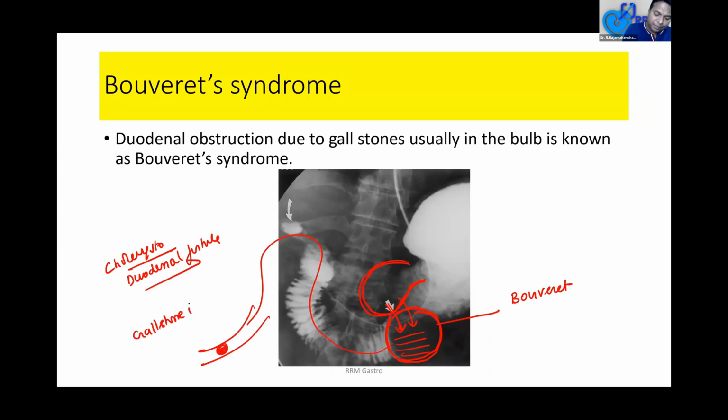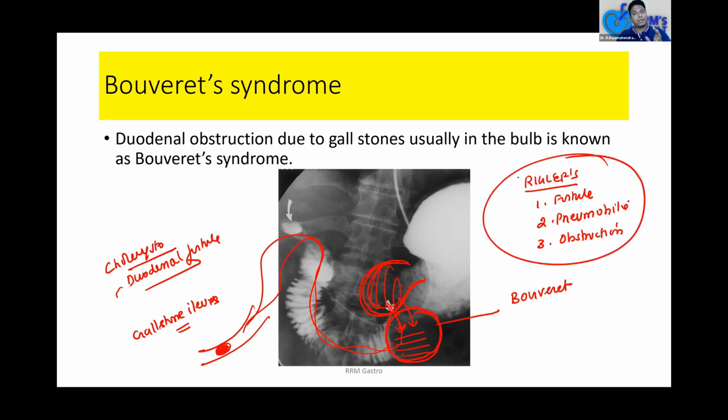This is a PG topic. This is a PG aspirants question. So gallstone ileus is nothing but due to a cholecystoduodenal fistula. The stone enters the duodenum and comes down and obstructs the terminal ileum, that is characterized by a Rigler's triad. Rigler's triad is characterized by number 1, fistula, number 2, pneumobilia, presence of air in the biliary system, and number 3, obstruction of the bowel. So this is known as Rigler's triad, a feature of gallstone ileus. So when we encounter these types of cases like a cholecystoduodenal fistula, never hesitate to open. We will always convert it into open surgery.